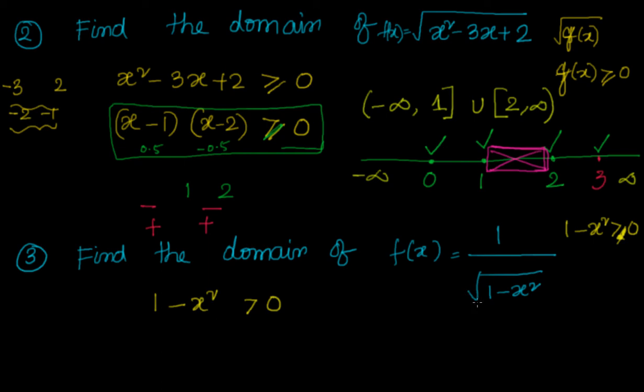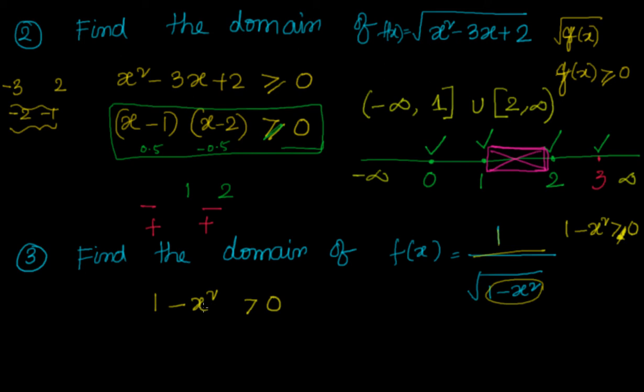Why? Because if you want a square root, then whatever is there inside the square root should be greater than or equal to 0. But now the function is in the form of 1 by square root of something. So 1 by whatever you have, that resultant value can never be equal to 0. Then the function is not defined. So earlier it is 1 minus x square greater than or equal to 0 whenever f of x is square root of 9 minus x square, 16 minus x square. Now it is 1 by square root of some constant minus x square. Then remember, you cannot have the value equal to 0 because 1 by 0 makes it undefined.